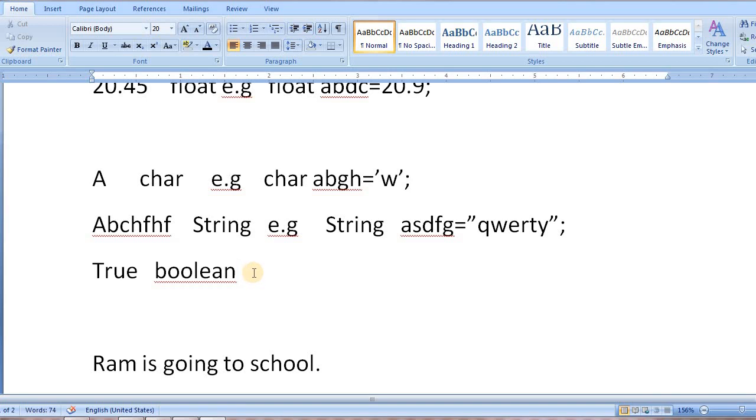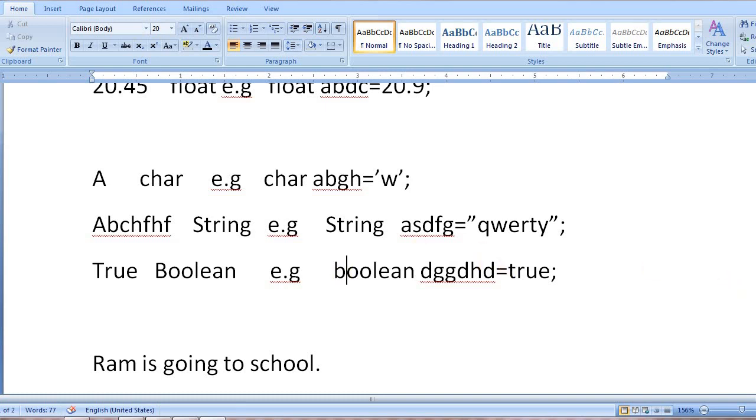In the case of true false, our example is easy. boolean, name of the variable, equal to true or false, without single quotes or without double quotes. b is small.